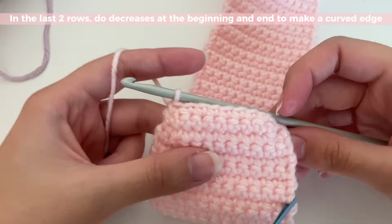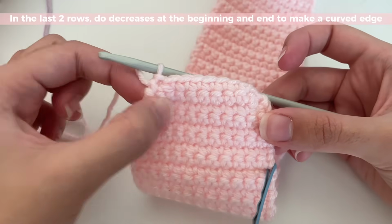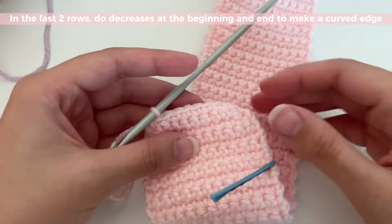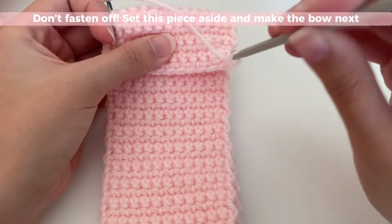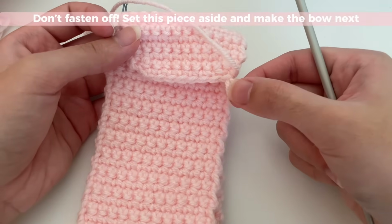And like that, you're going to get an even more curved edge, and it's completely normal for your work to have sort of these bumps in it or to curl inwards because you are pulling your stitches in even tighter. Just stretch it out and it should be fine. Now, do not fasten this off. We're going to be making the clasp that goes around our bow from the same yarn, so don't fasten off,